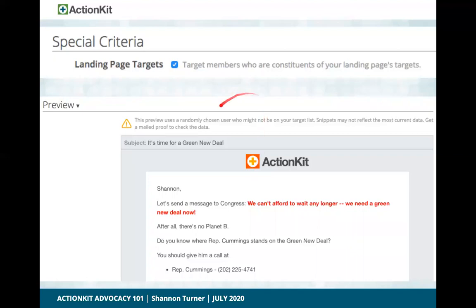On the targeting screen, there's a checkbox under special criteria for landing page targets. This checkbox says to ActionKit, I want the people who are constituents of my landing page's targets to receive this mailing. So if my landing page targets are House Republicans, only people whose representative is a Republican will receive